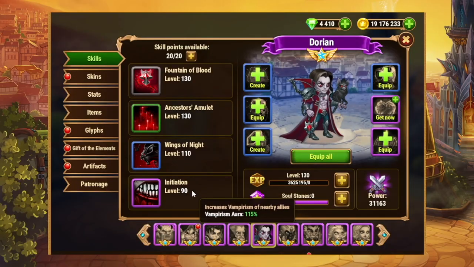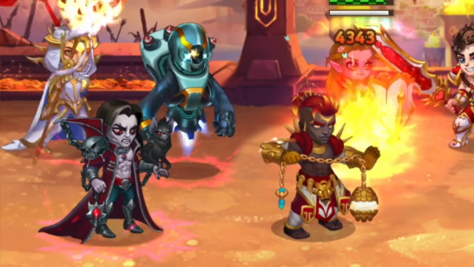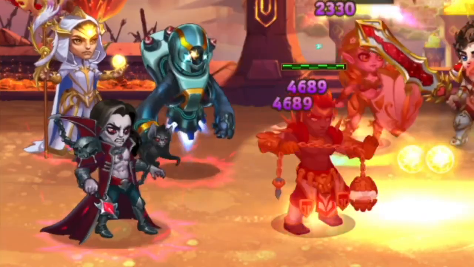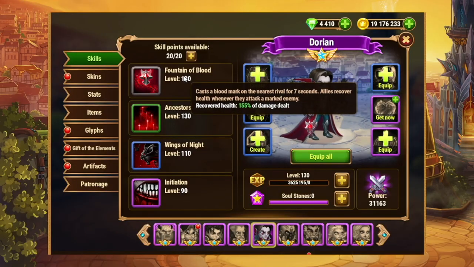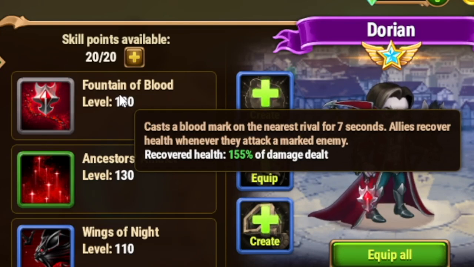This gives Dorian himself 115% vampirism, even though it's not on the list here, but it also gives mostly the backline and some of the midline heroes vampirism. Now, this does stack very well with Dorian's ultimate. This doesn't say vampirism, but it does give a bonus of 155% health recovery on damage dealt, and it functions